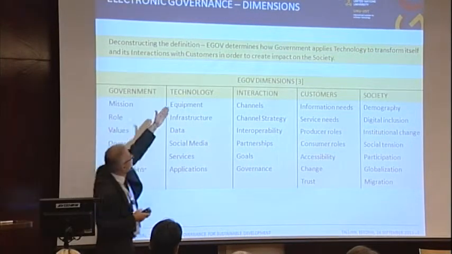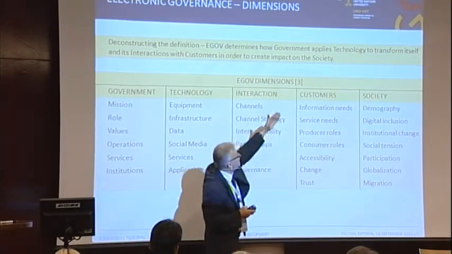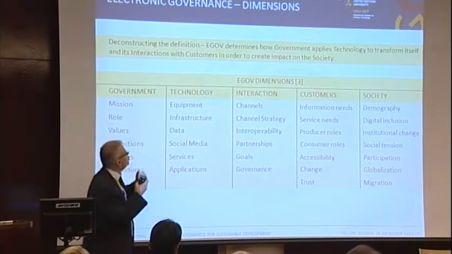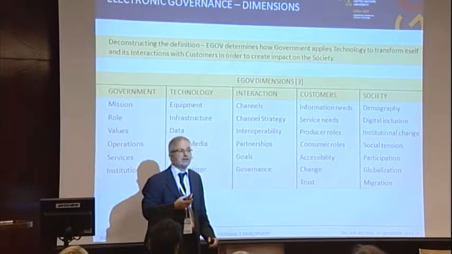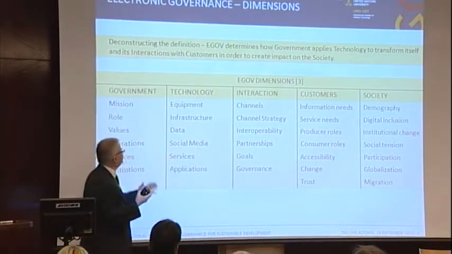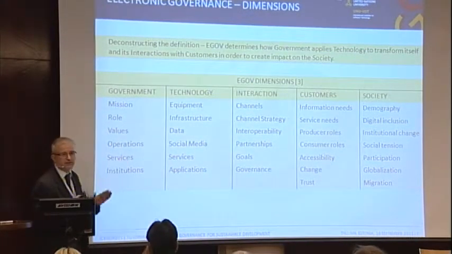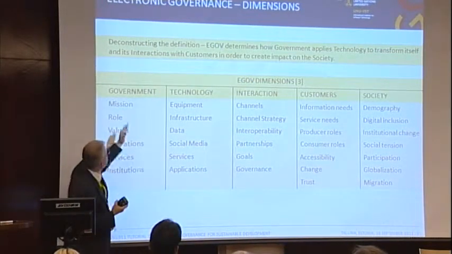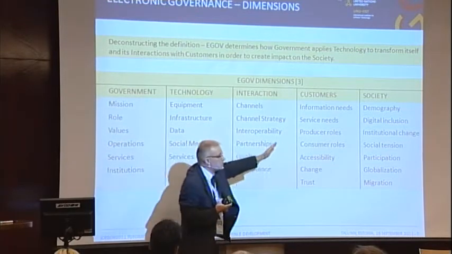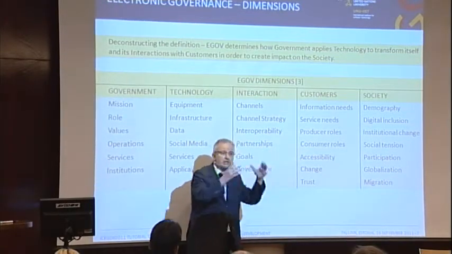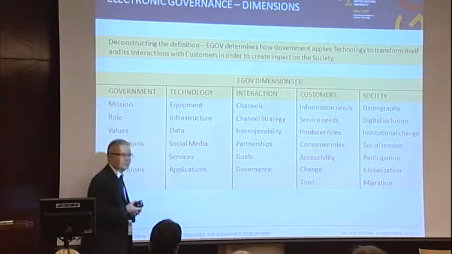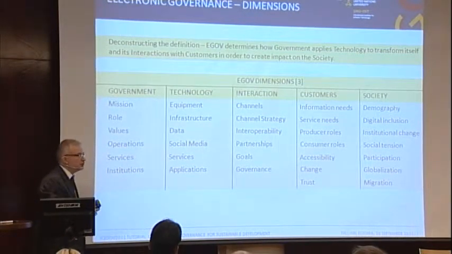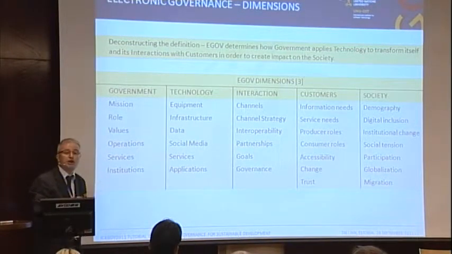Now, if we deconstruct our working definitions of electronic governance into something more systematic, like eGov determines how government applies technology to transform itself and its interactions with customers in order to create impact on the society, then from this we can see that there are clear 5 dimensions. So we can deconstruct these definitions and identify 5 dimensions of government, technology, interaction, customers, and society, and within each dimension, a number of variables, which by themselves can be refined into concrete indicators to actually measure progress in these